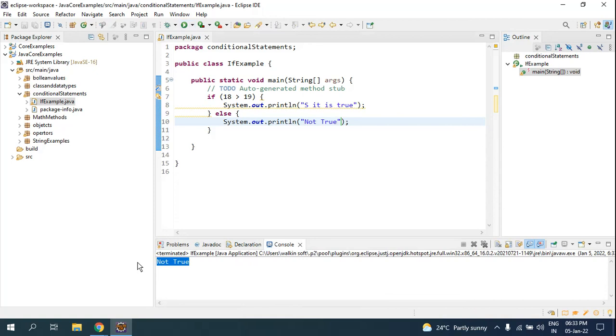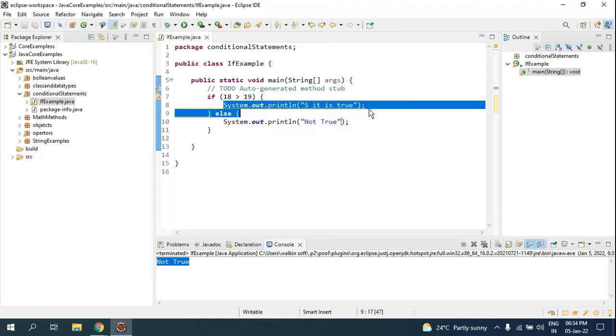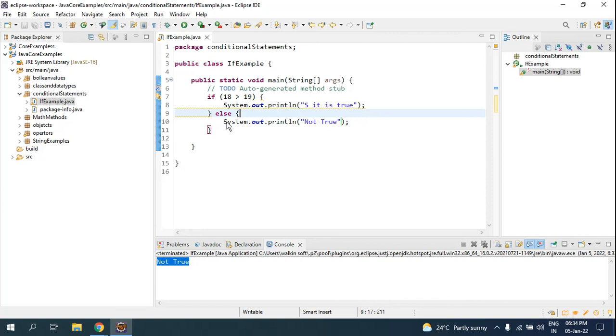So if-else means that you have a particular condition, and if that condition is true, one statement will be executed. The first one will be executed. If it is false, it is like else, either this or that, depending on your condition. You have only two options here. This is if-else. In these two conditions, you will have two curly brackets, in which the first one, if it is true, will show the first one. If it is false, it will show empty, unless you use the else keyword here.